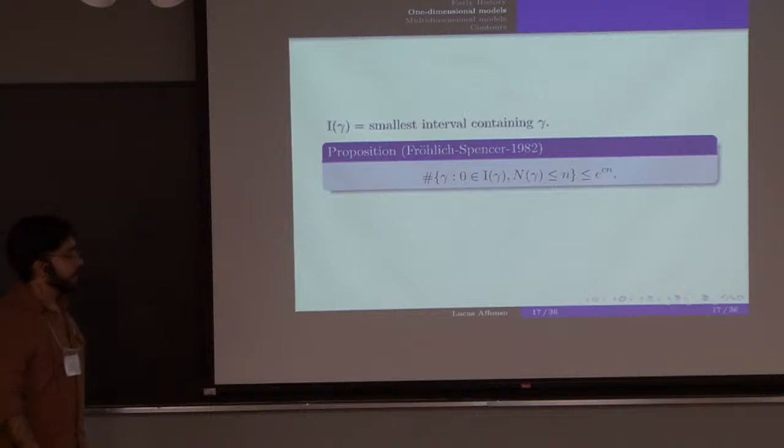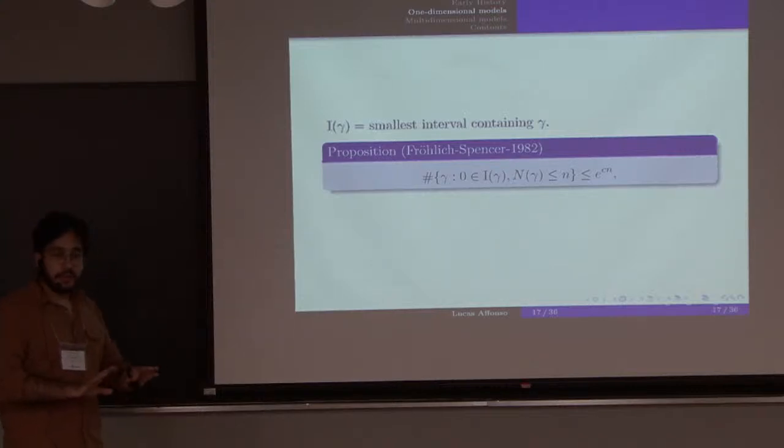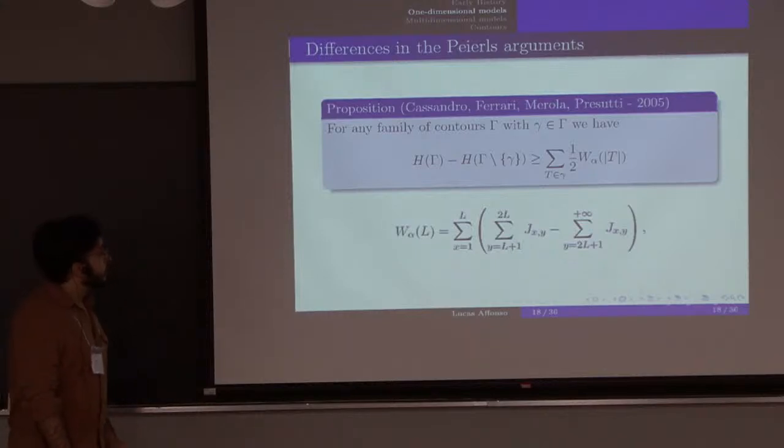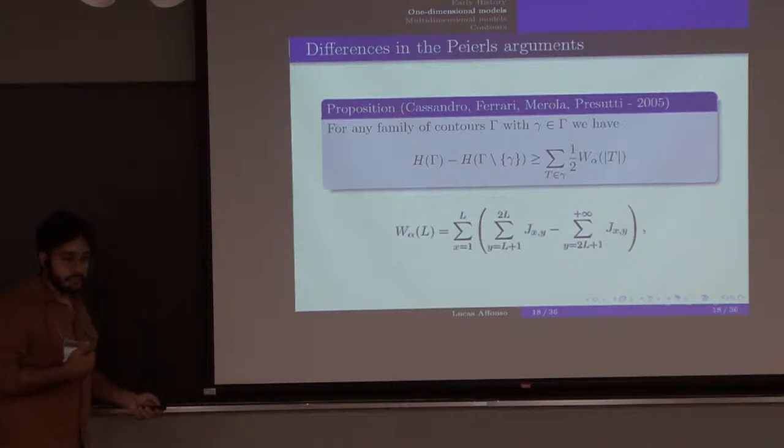So I don't know if their argument works for any other, but when I read it, it uses alpha equals 2. So what happened in this case is that they extended it to another range of alphas, and now they